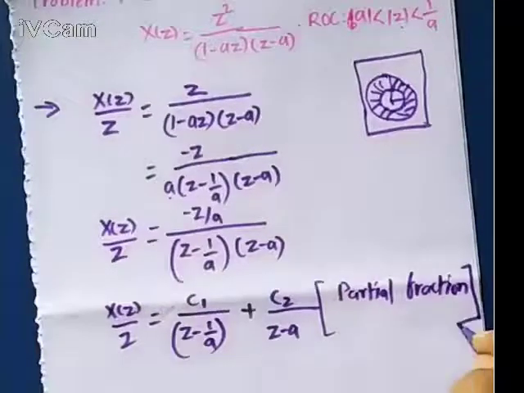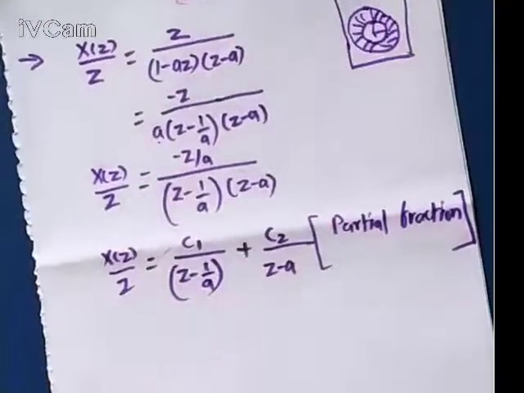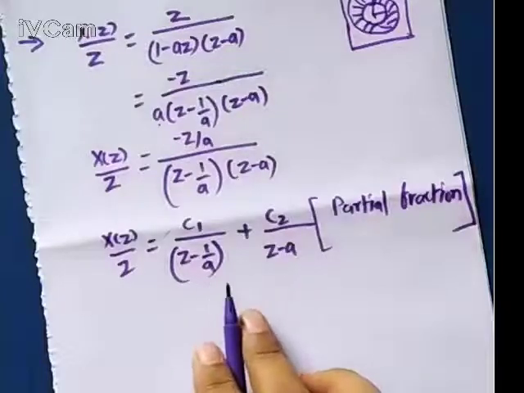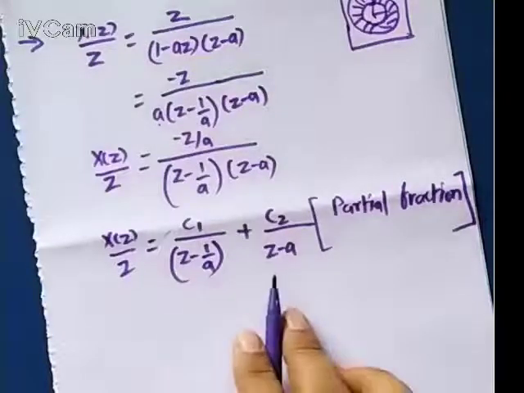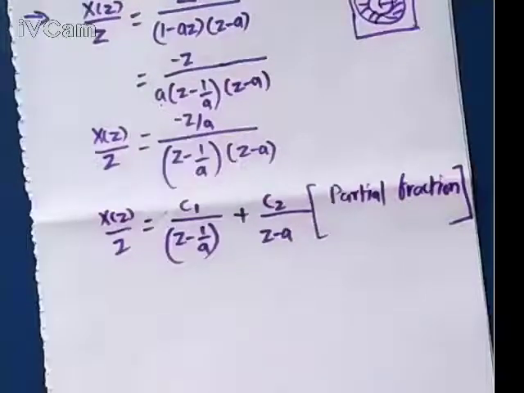I hope I am making it clear to you now. Okay, now how to solve this one? This is the simplest method here. Two independent poles are there. There is no dependency, or there is no squares, and there is no conjugate here. So the simple way of solving this one will be one by one constant.